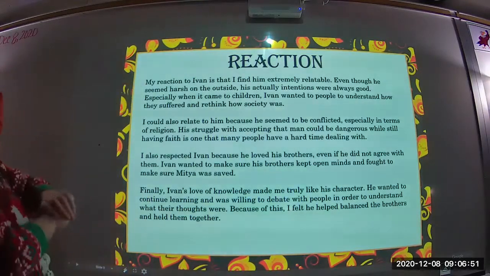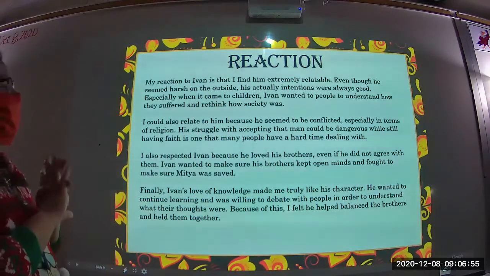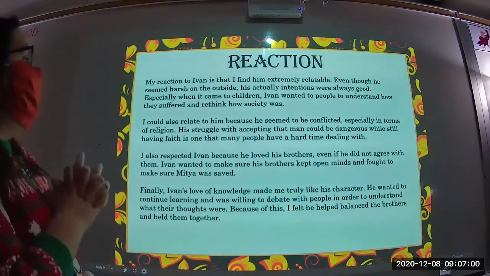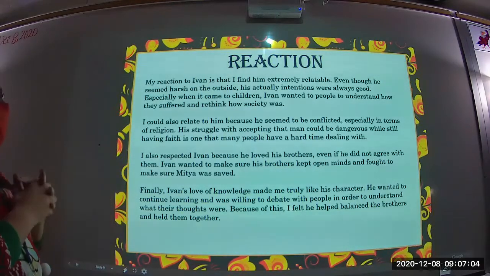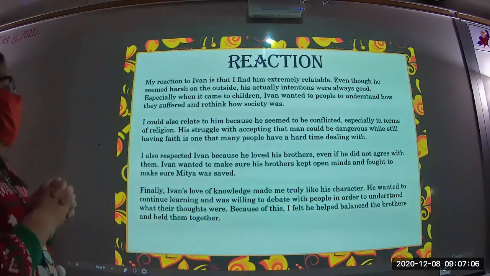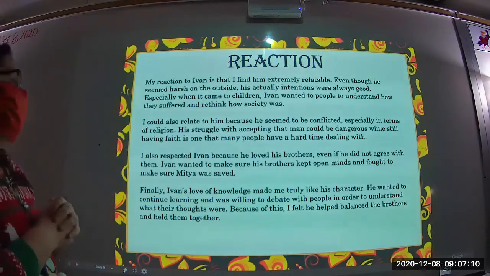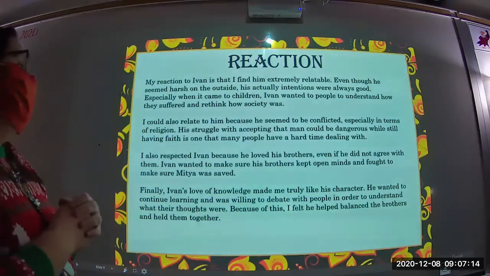My reaction to Ivan is that I find him extremely relatable, even though he seems harsh on the outside. His actual intentions are always good. Especially when it came to children, Ivan wanted people to understand that they suffered and rethink how society was. I can also relate to him because he seems to be conflicted, especially in terms of religion. His struggle with accepting that man could be dangerous while still having faith is one that many people have a